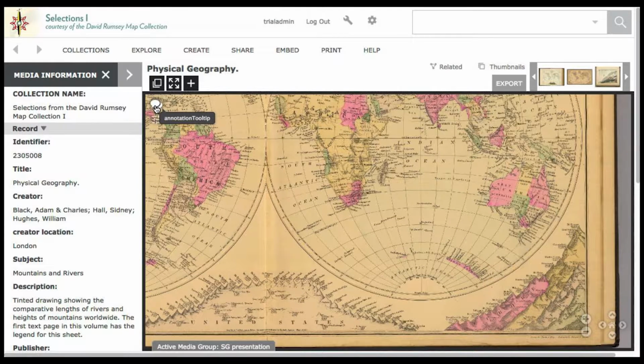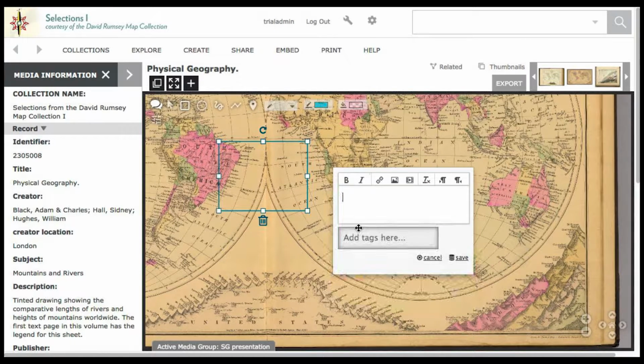Another feature of this detail view is that we have annotations. So we're using open annotations. These are at the collection level right now. So if you click on Annotation Tooltip, this is going to pop open a variety of different pointer tips that you could use. And we'll click on the box here because in this beta version, this is the only one that's working. So we click on that, and then we grab a region and we create a square. And then we begin typing in our annotation. So we'll type in world map